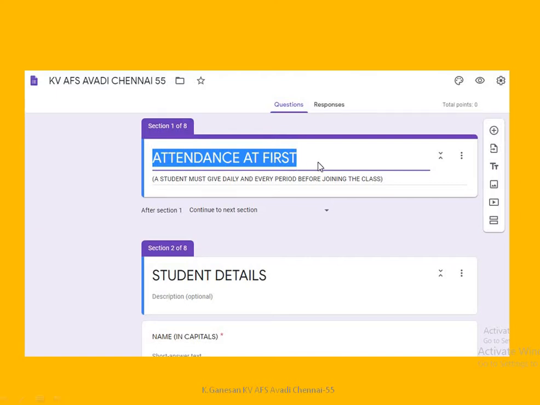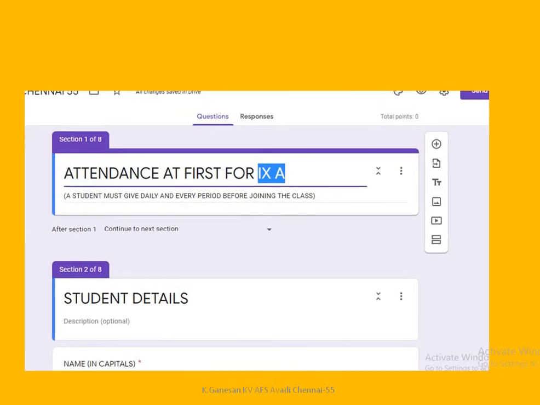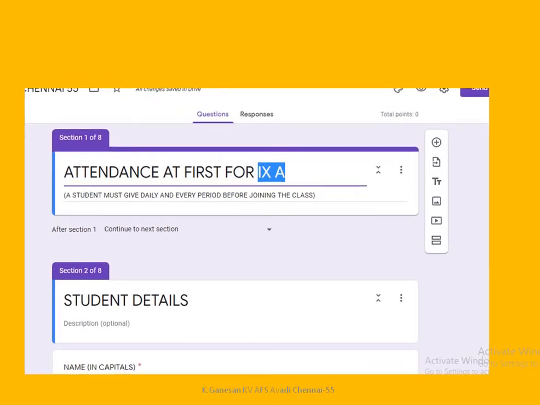Here you will give your class for students to know very clearly. Therefore after that you just add your class like this: 9A, 9B, 5A, 5C, 5D. That's all. Your attendance is ready. You have created it, or reused it from the template, and for your class it is ready. And where is it? It is in your Drive. Now next part, from Drive you have to integrate this particular attendance to your classroom. That we will see in the next part.